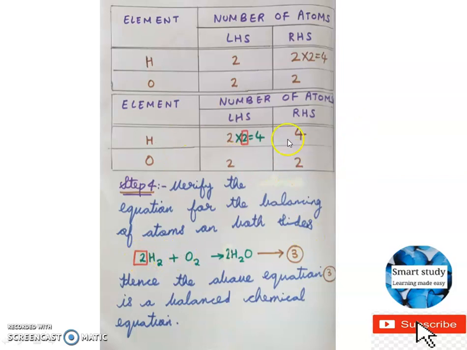Now, as we observed, the LHS and RHS of hydrogen and oxygen are equal. The chemical equation is balanced. So the final step will be: hence the above equation is a balanced chemical equation. For that you have to verify. How are you verifying? By counting again. Here 2 2s are 4, 4 hydrogens on the LHS. 2 2s are 4, 4 hydrogens on the RHS. 2 oxygens on the LHS, and here the coefficient is 2, so 2